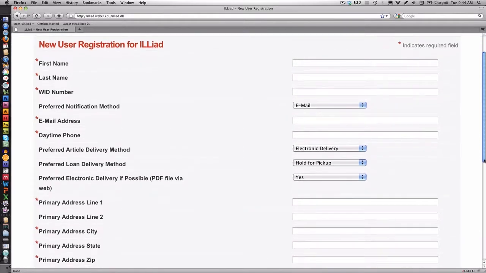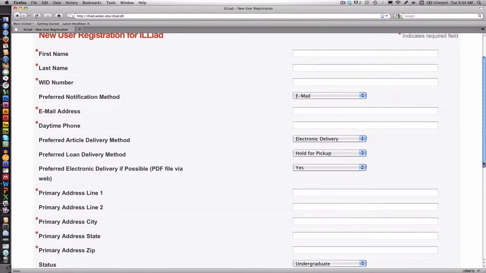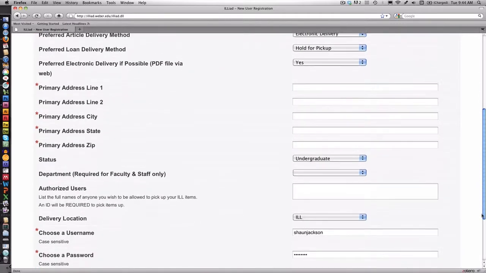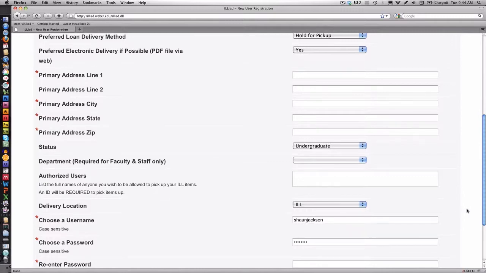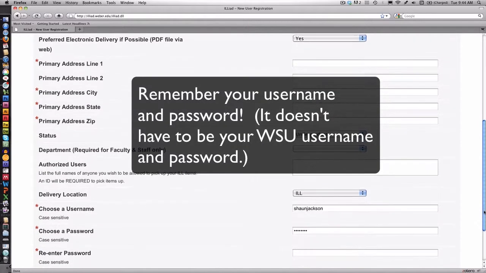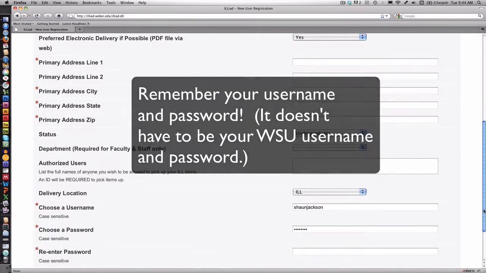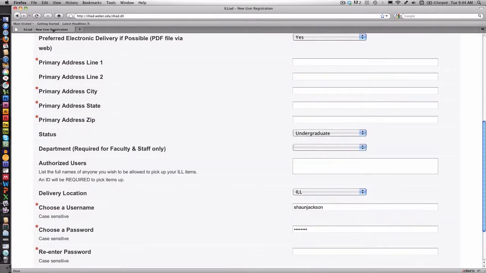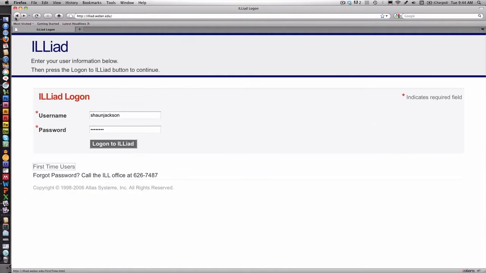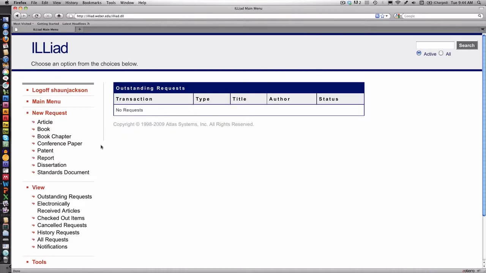It asks you for your first and last name, your email address, your W number, your address, your academic status, and then you'll need to give it a username and a password. Be sure to give it a username and password that you'll remember later. Once you've set up your account, you can start requesting materials. And I'm going to log into my account here. There are forms available for the most common items requested, including articles and books, and these are over here on the left. And if you click on one of these forms, for example, this is to request an article,